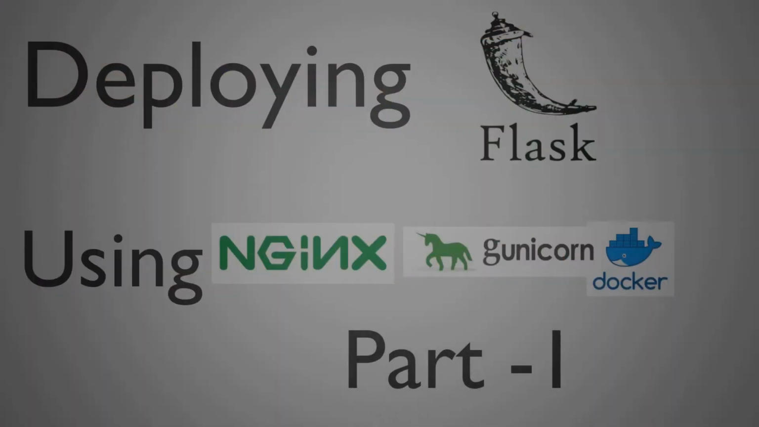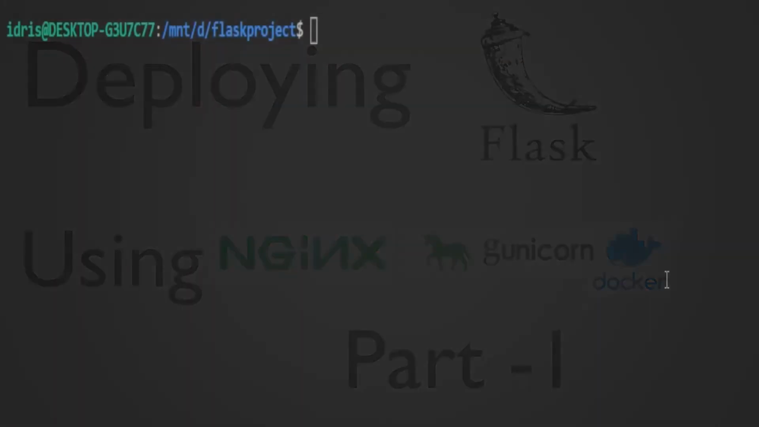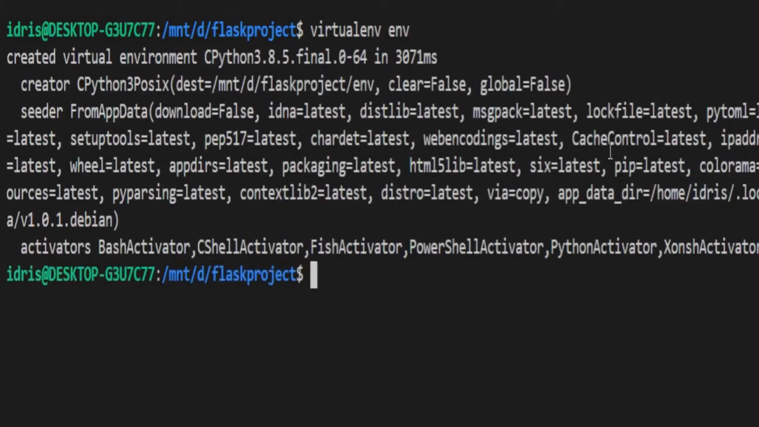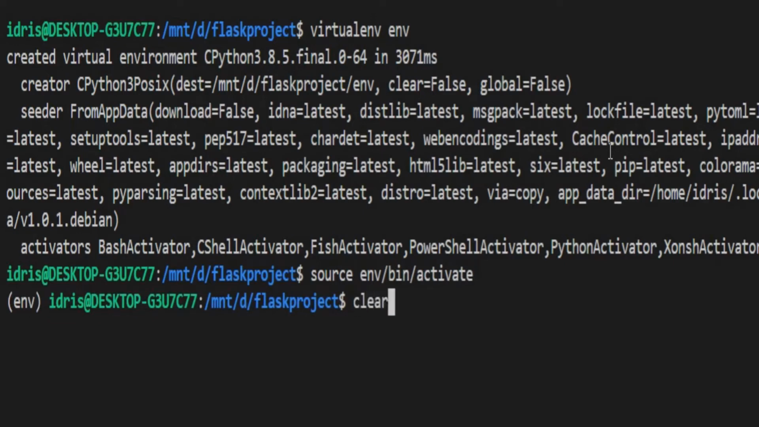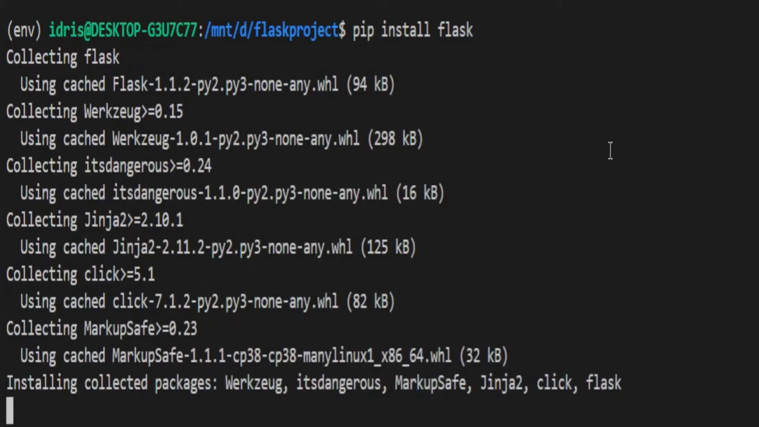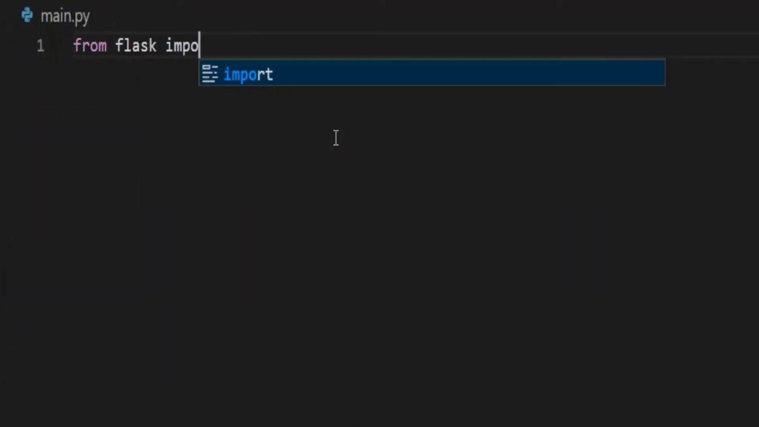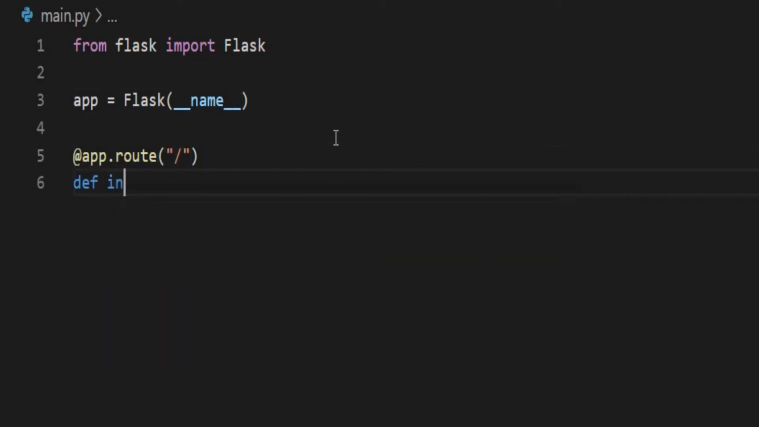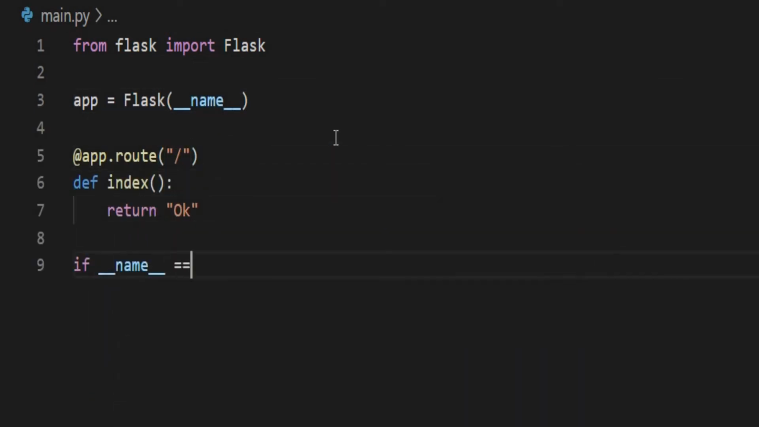Today we'll be discussing how to deploy a Flask application using Gunicorn. So guys, the first and foremost thing that we are going to need is a virtual environment. So we'll create a virtual environment and activate it using source. After that, we're going to install Flask inside that virtual environment. And then after Flask has been installed, we'll quickly write a Flask application, nothing serious, just the typical returning